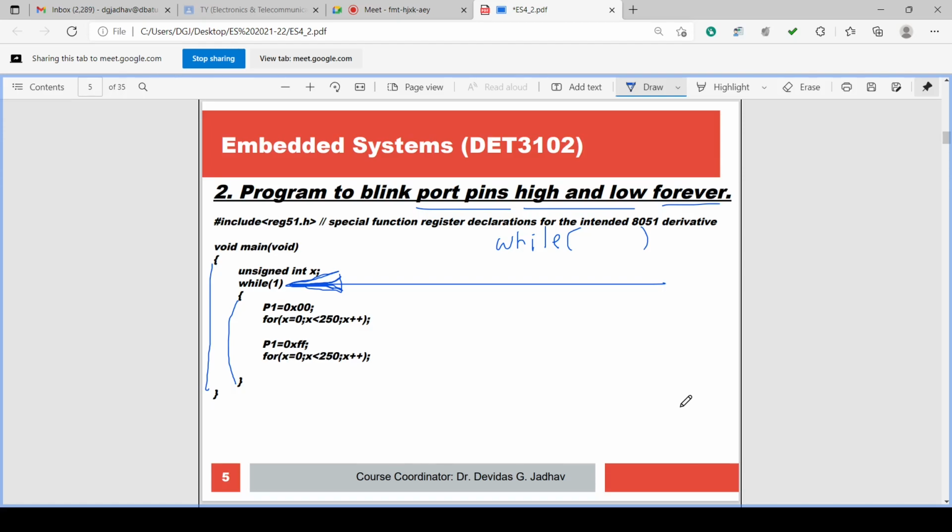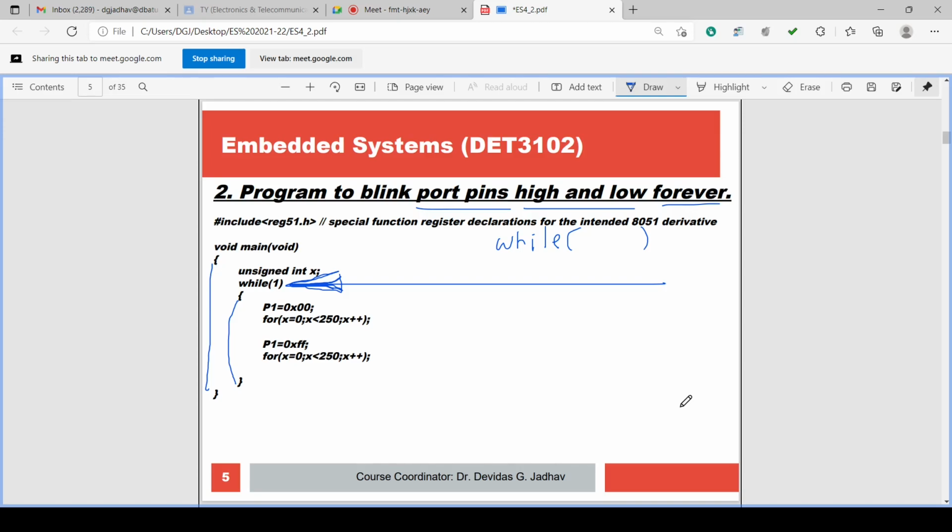Two: the for loop and the while loop. for(;;) and while(1), these two loops are one and the same, and they are executing infinite times, or forever. The first program we checked in the previous lecture, and in this lecture we are discussing program 2. Both these programs are one and the same, except for the infinite looping condition.